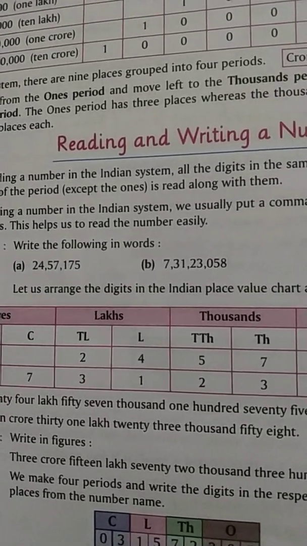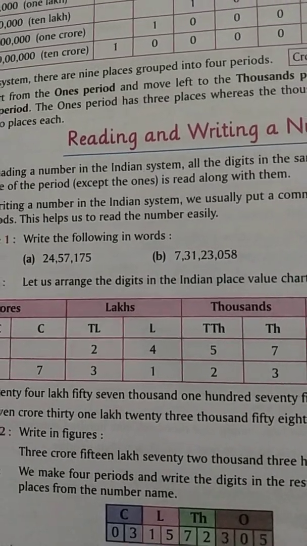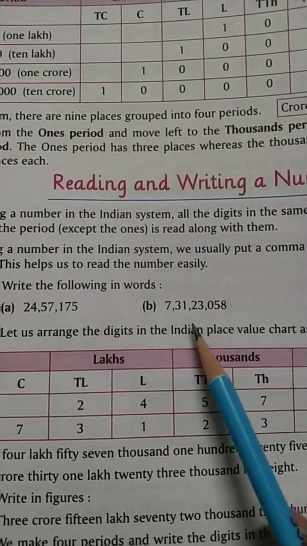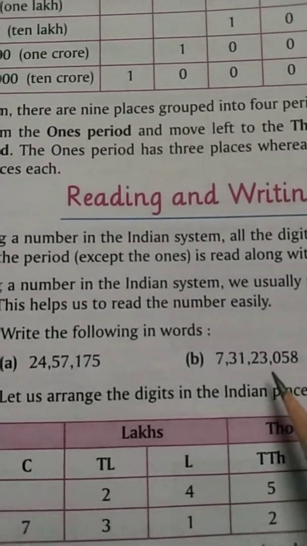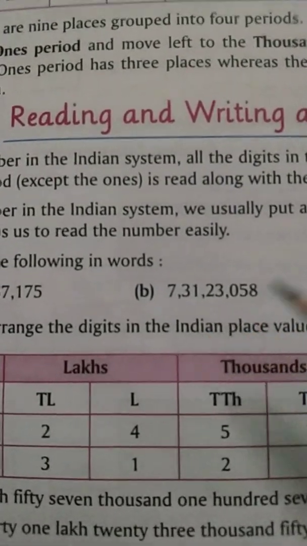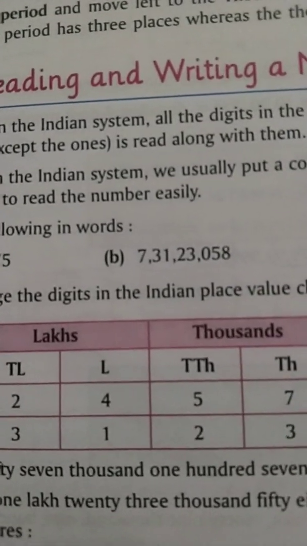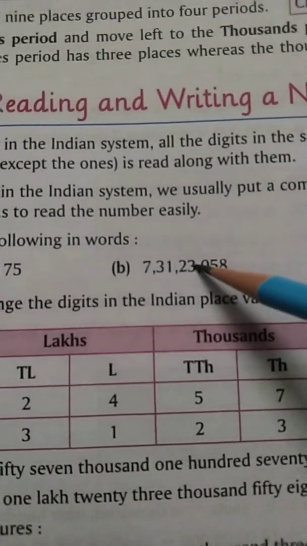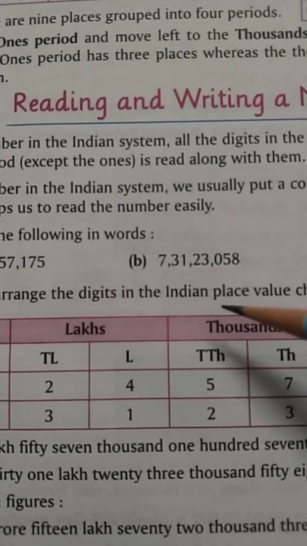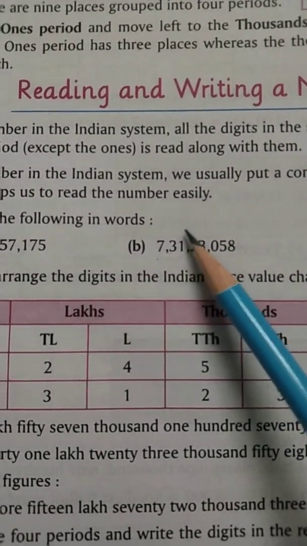So according to the place value system, we will write the number name of the given number. For example, here we can see that this number is in the Indian number system. How? Because the commas are according to the Indian number system. That is ones, tens, hundred, comma, then thousand, 10,000, comma, lakh, 10 lakh, comma, and then crore. Right? So the number name for this will be 7 crore 31 lakh